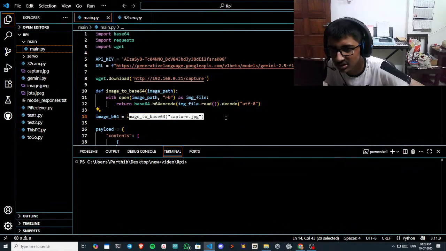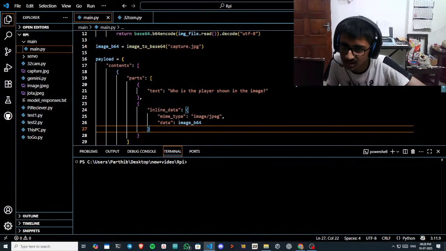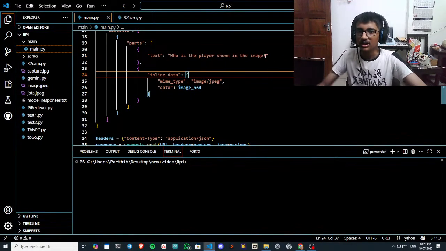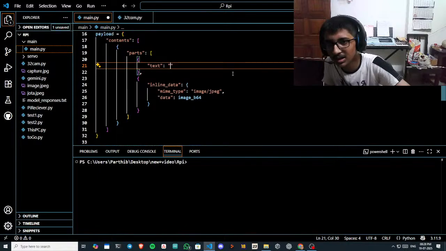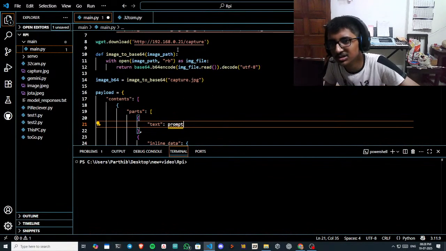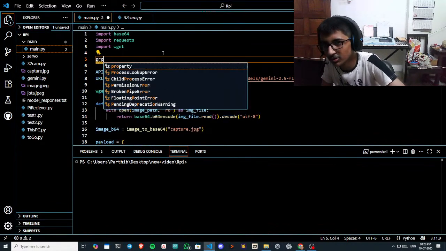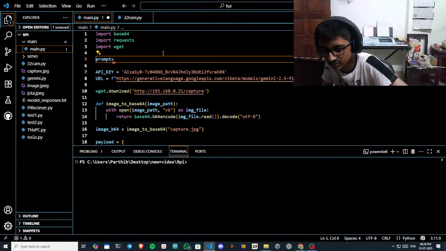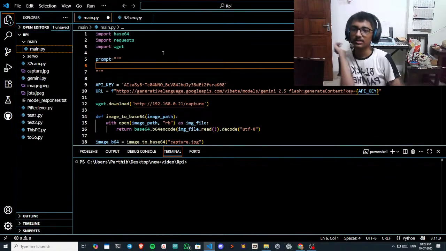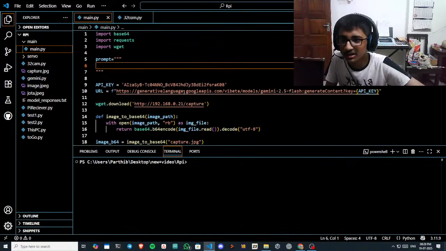to this image_to_base64, which will encode it and send it to the API, and we will get the output here. Very nice. So now here we will actually give him the prompt, which I will create another variable for because I'm not that untidy also. Prompt equals to something. Good job. So now we will do our prompt engineering later, but for now